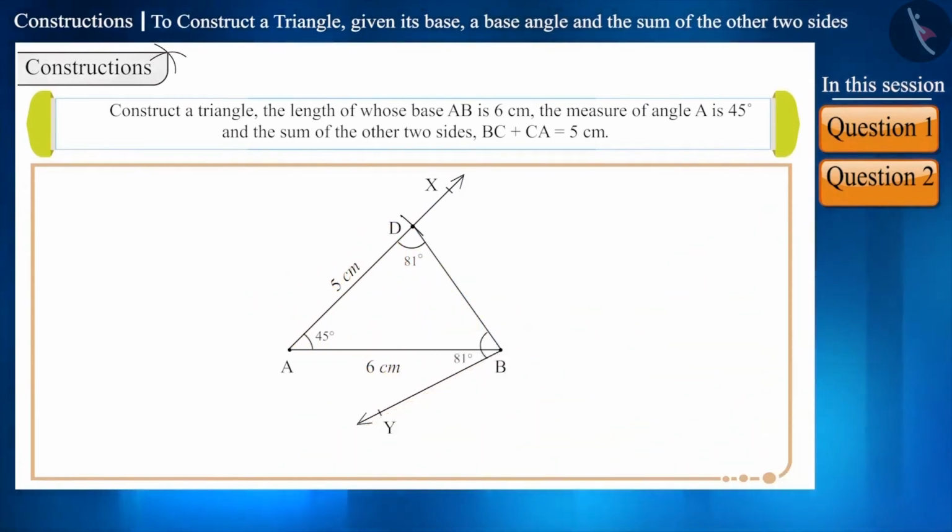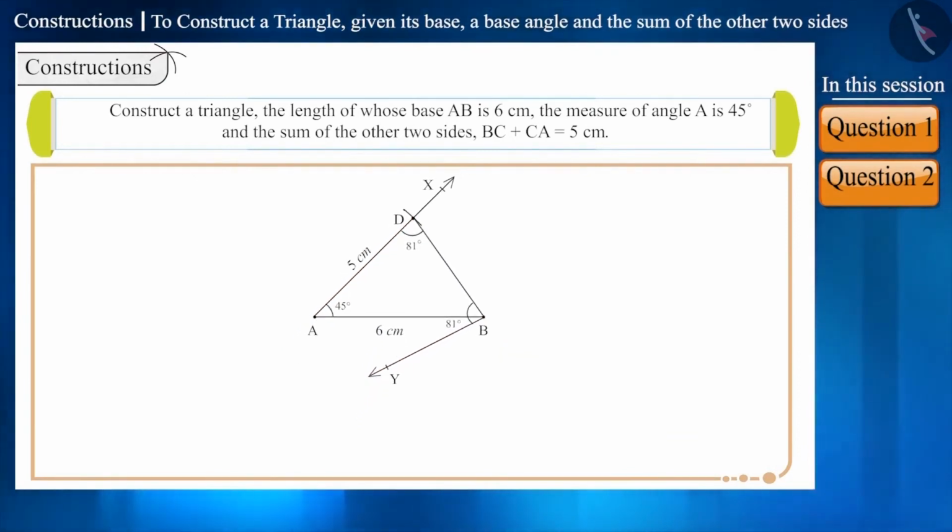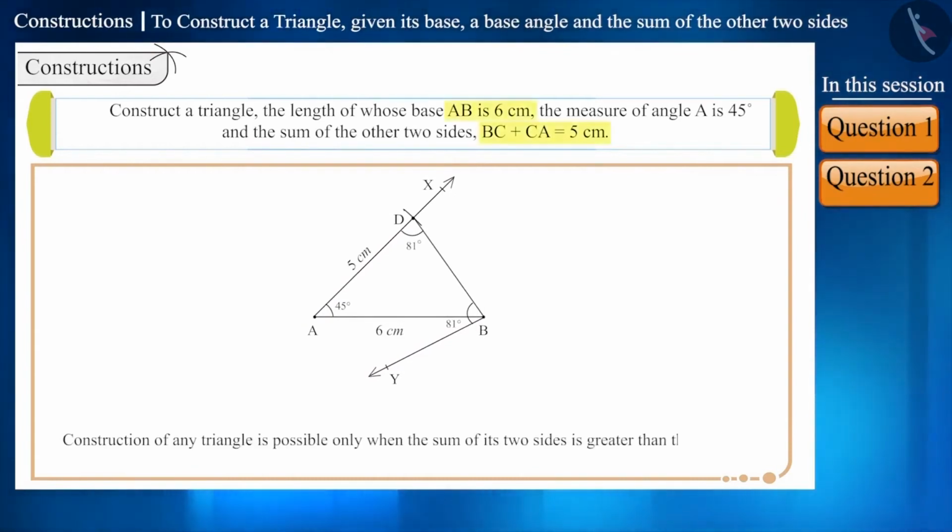But here, we see that ray BY doesn't intersect side AD anywhere. Construction of a triangle is not possible with this measurement. Therefore, construction of a triangle is possible only when the sum of its two sides is greater than the third side. With this, our video ends here,